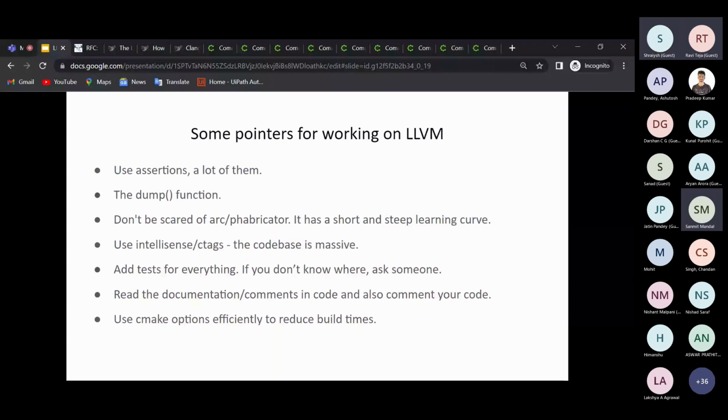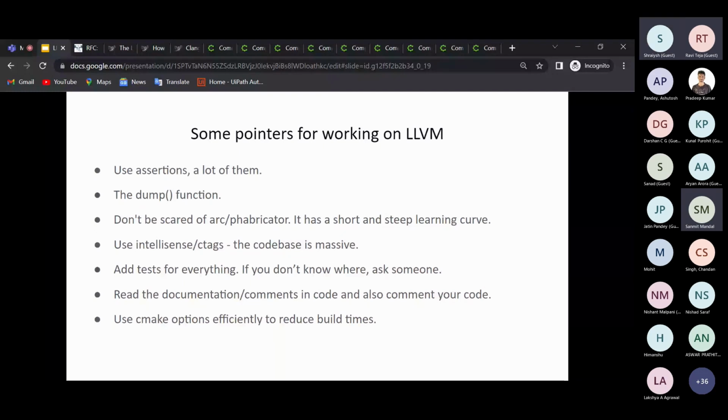So your compiler development flow becomes much faster. There's the dump function. Almost everything in the entire LLVM project has a dump function, so you can see what is happening at any point during the compilation. You can just add a statement to the code to dump something, and you'll be able to clearly see what's happening.